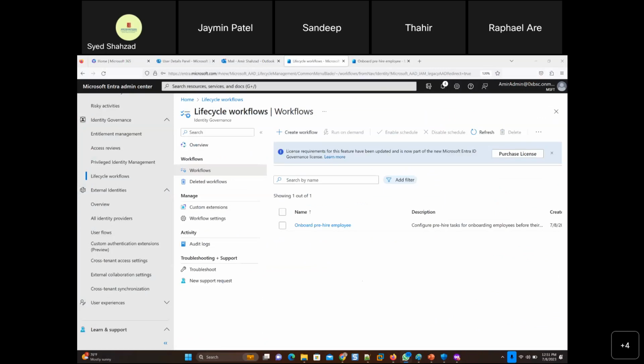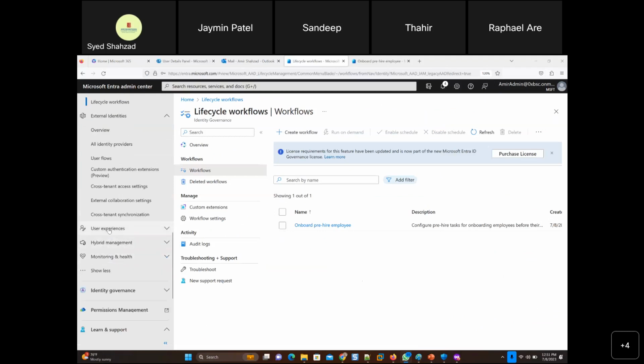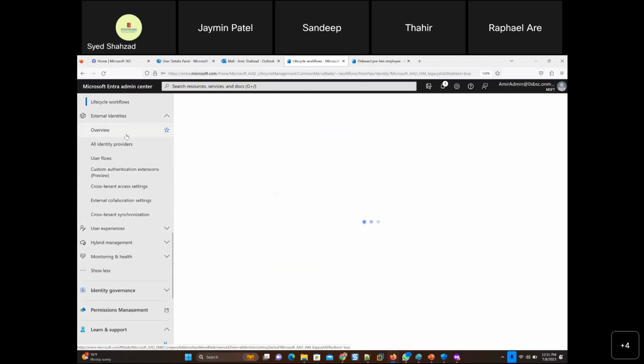Anyway, here is something that I wanted to put: lifecycle workflow settings. Let's go for external identities and overview.